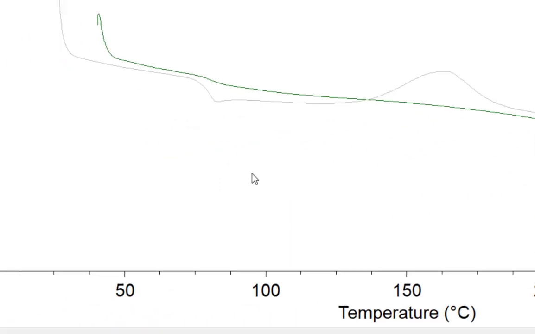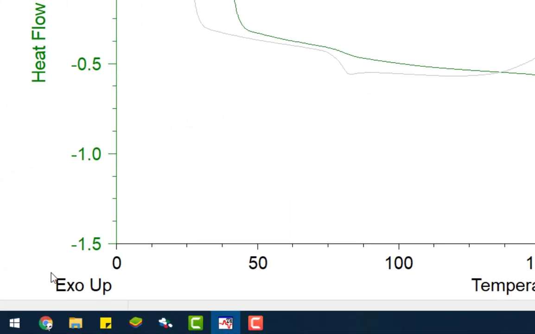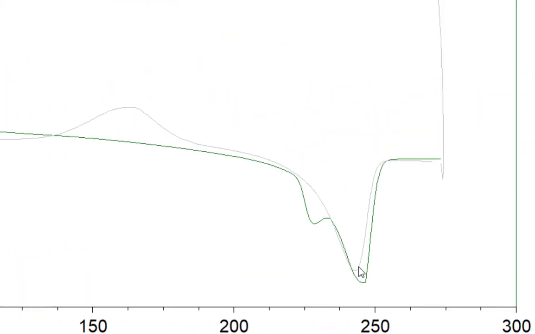Remember that with DSC, you have to indicate which direction is exothermic or endothermic in your plot because there are different conventions. Exothermic is up in our plots, so this endothermic peak here is likely a melt. And we know from just looking at the thermal properties of PET that it melts somewhere around 250 to 260. It really depends on the chain length and additives that could be in it for if it's higher or lower. But this one had two